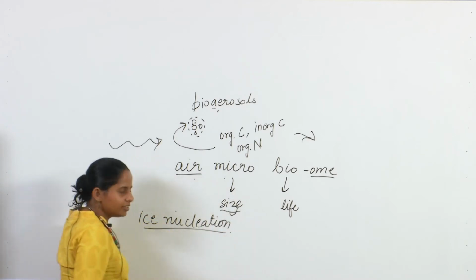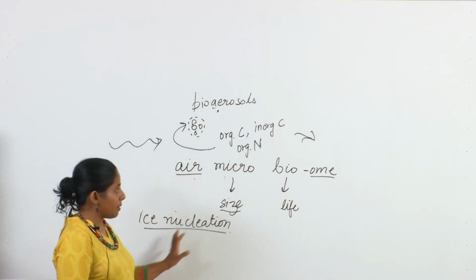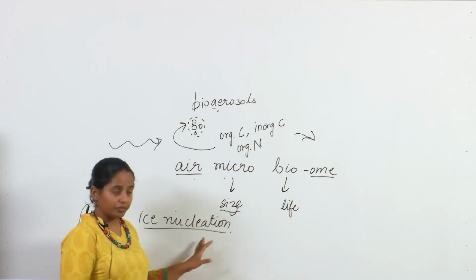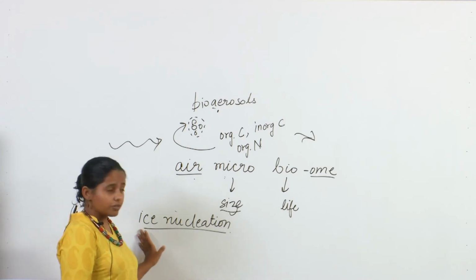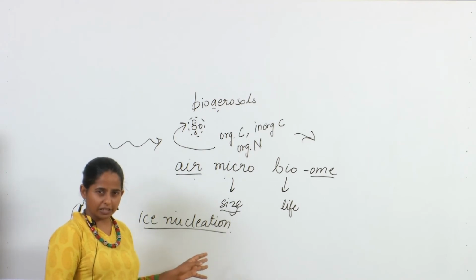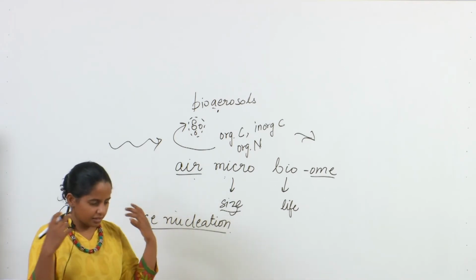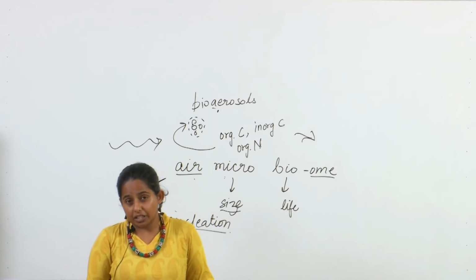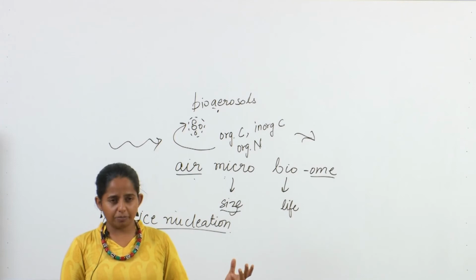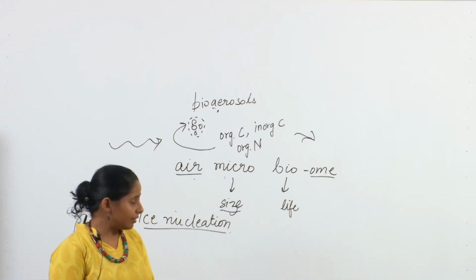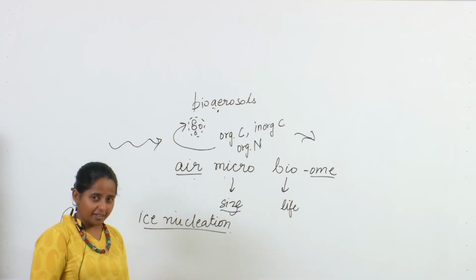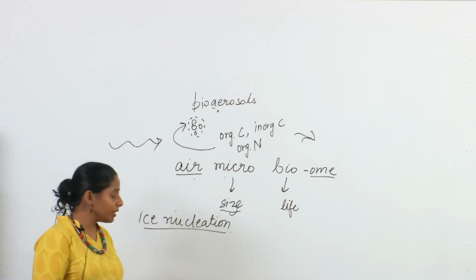So when we talk about ice nucleation, not only are we talking about how microbes will help or are continuing to help formation of clouds, formation of rain, but also if the temperatures are low enough, then we might have preservation of these microbes for a very long time. Let's say there's a bacteria or a virus or any other kind of microbe that's pathogenic, and we are not interested in ensuring the persistence of that microbe in the environment, but it undergoes ice nucleation and now it has a protective layer around it, which maintains its temperature to be low, and this can be transported